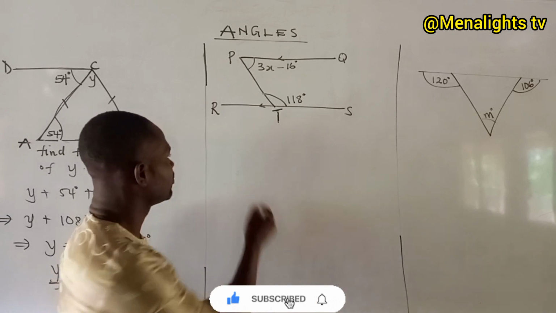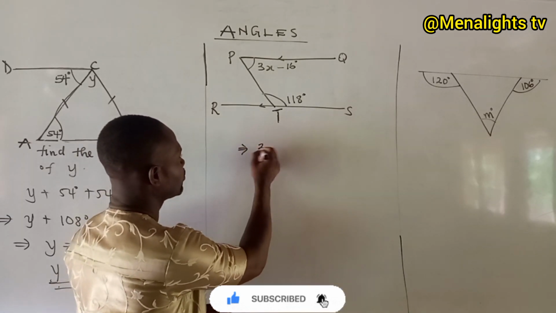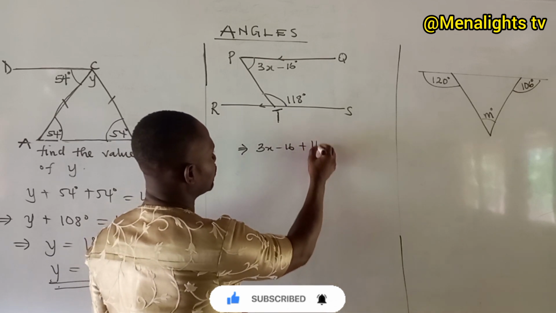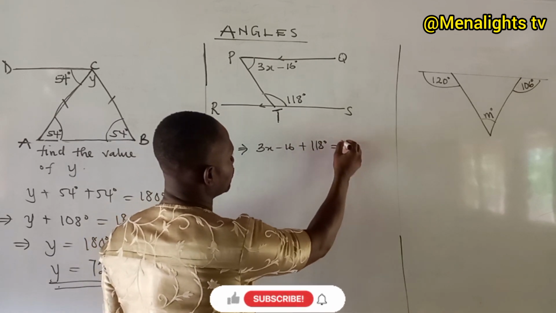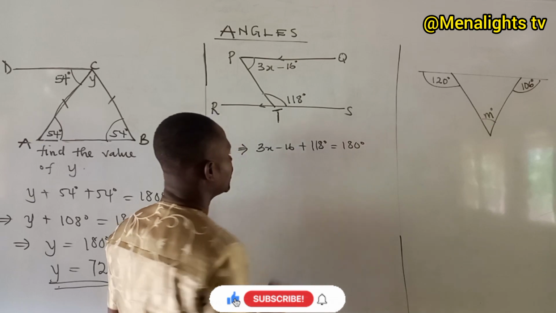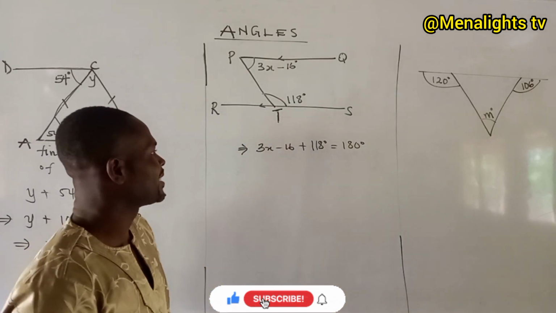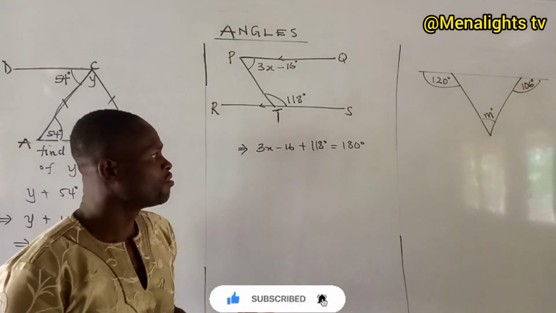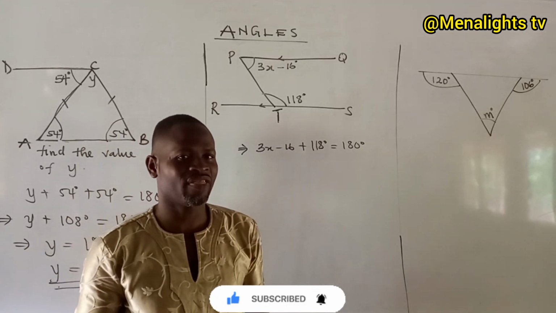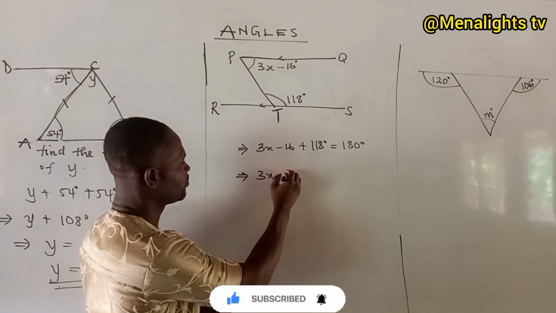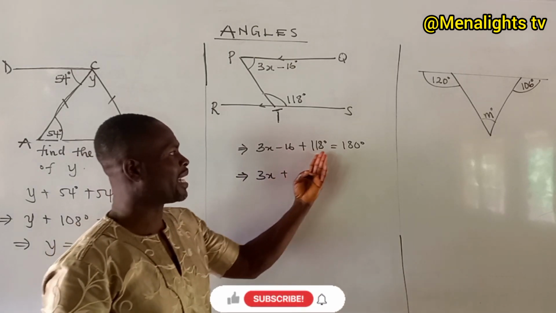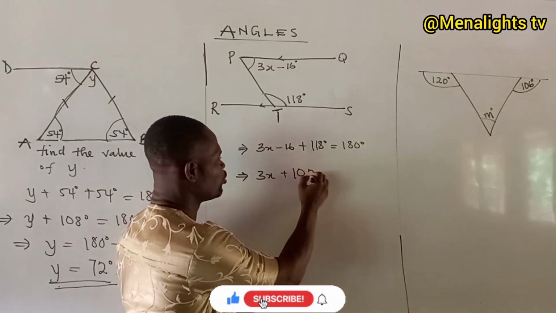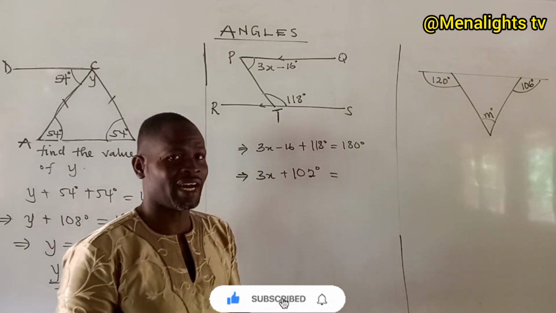So that means 3x minus 16 plus 118 degrees will give you 180 degrees. So minus 16 plus 118 will give us 102 degrees, which is equal to 180